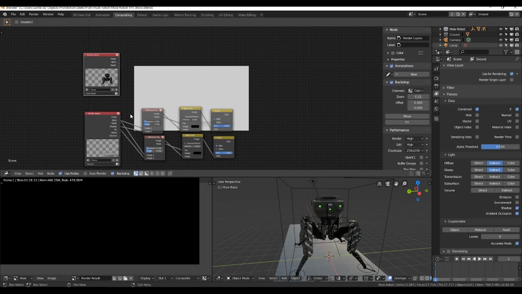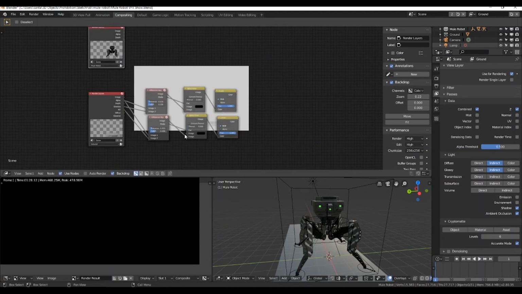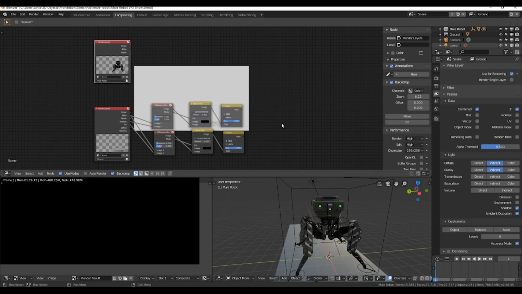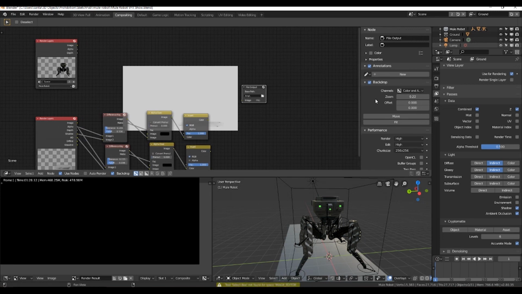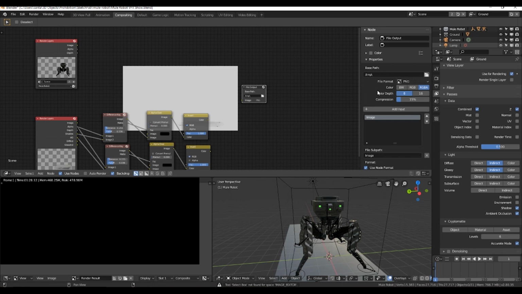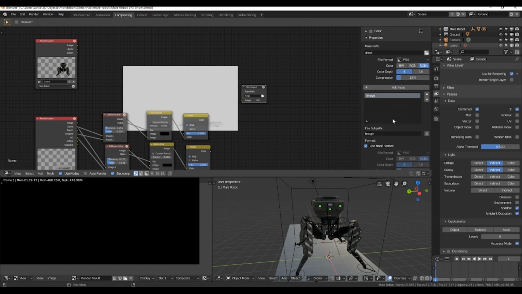So we have our passes that we want. We have our beauty pass of the combined and the ambient occlusion and the shadow pass. You can add more passes if you need it, but this shot in particular doesn't need it, but I'm just showing you the stuff that I need, so I don't need it to be extra. Okay, so I'm going to search for a file output, and here it is. And we're going to go in here, go to properties, and we have our first output that we're going to rename to be called Beauty Pass,